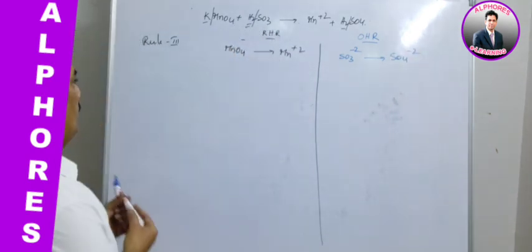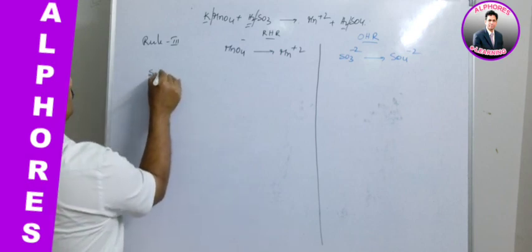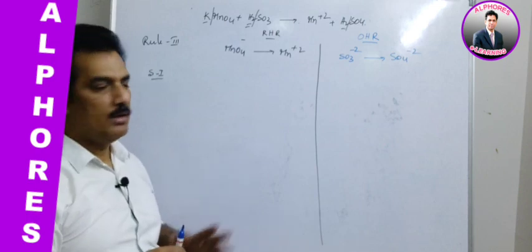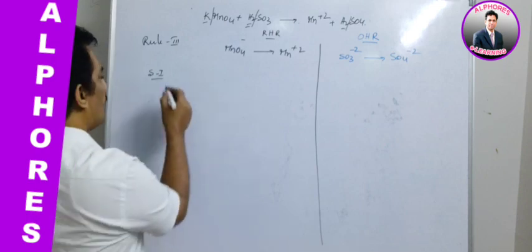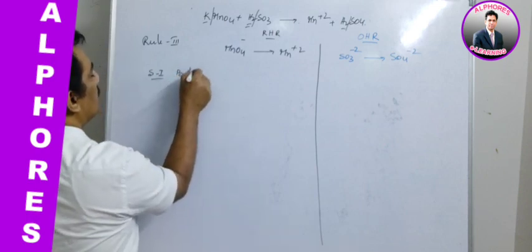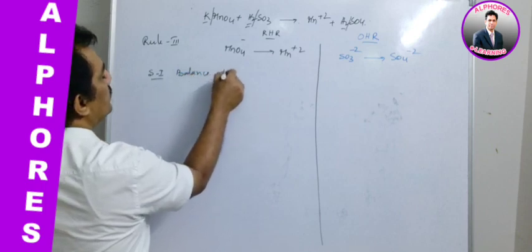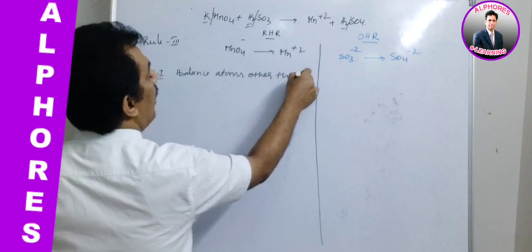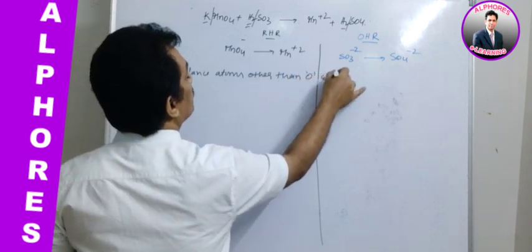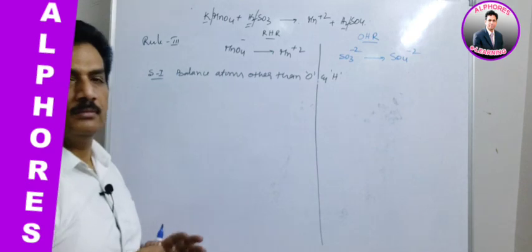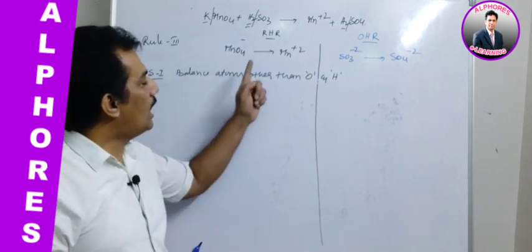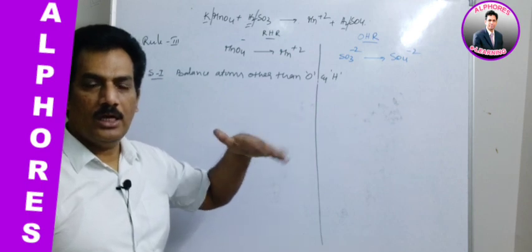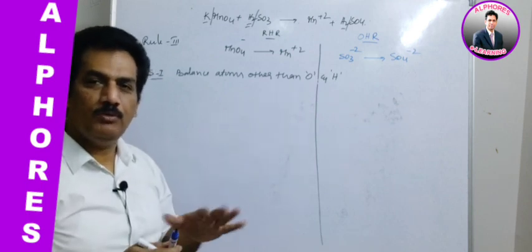Clear? And now step 1. Here by following steps they are asking, and thereby we are following. Step 1. As per step 1, balance atoms other than oxygen and hydrogen. Balance atoms other than oxygen and hydrogen. Other than oxygen and hydrogen atoms, if any other elemental atoms are present, we have to balance.